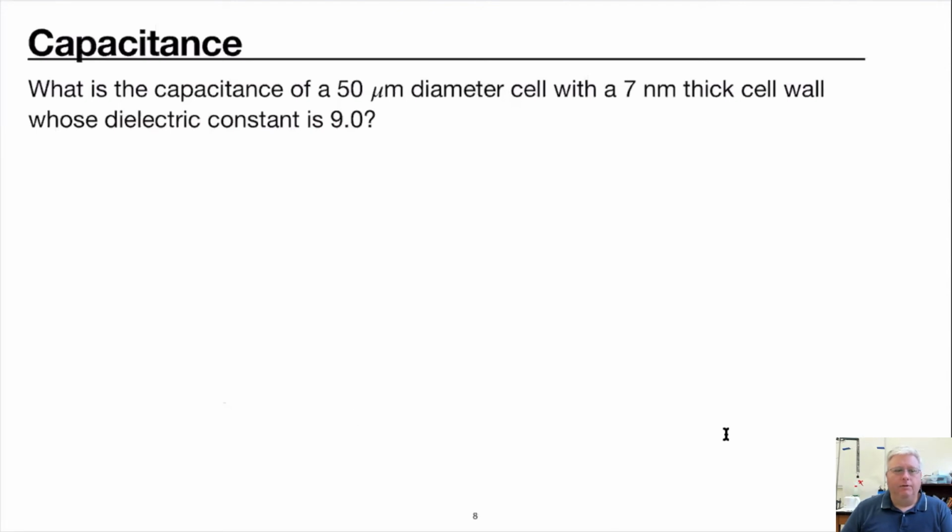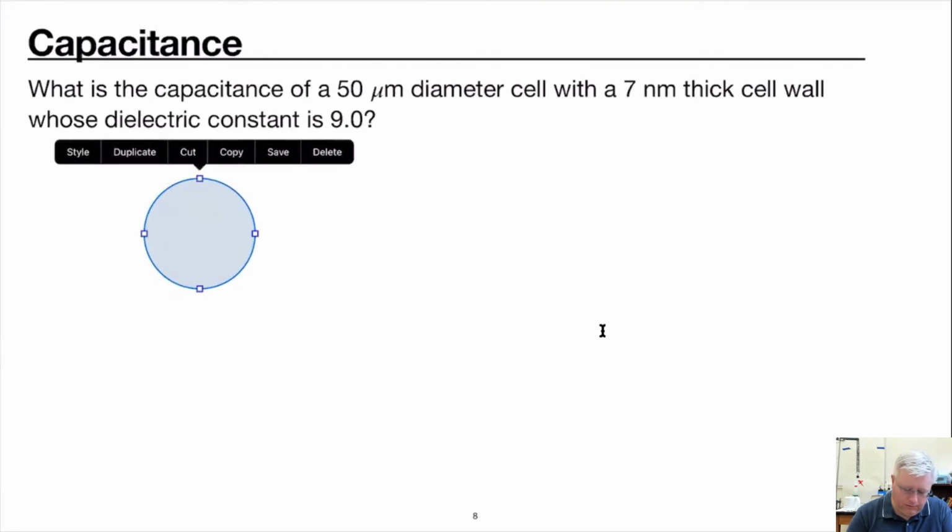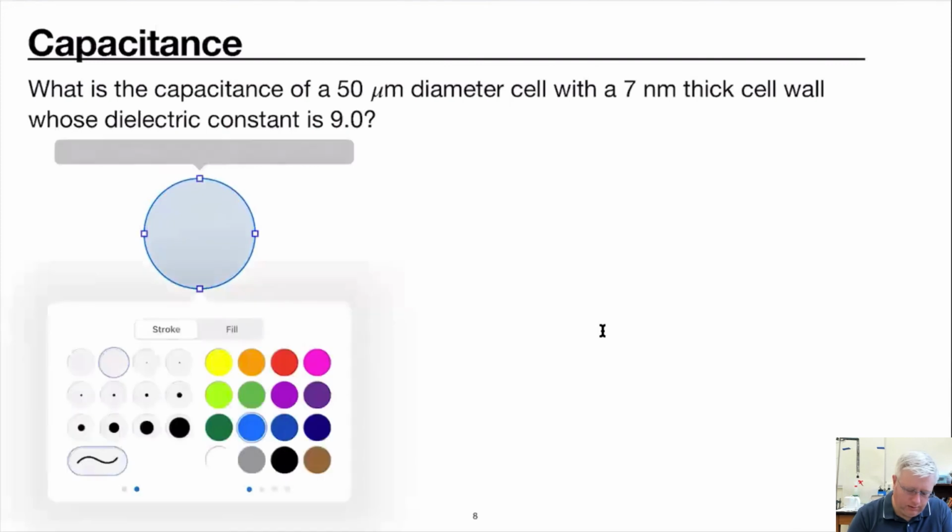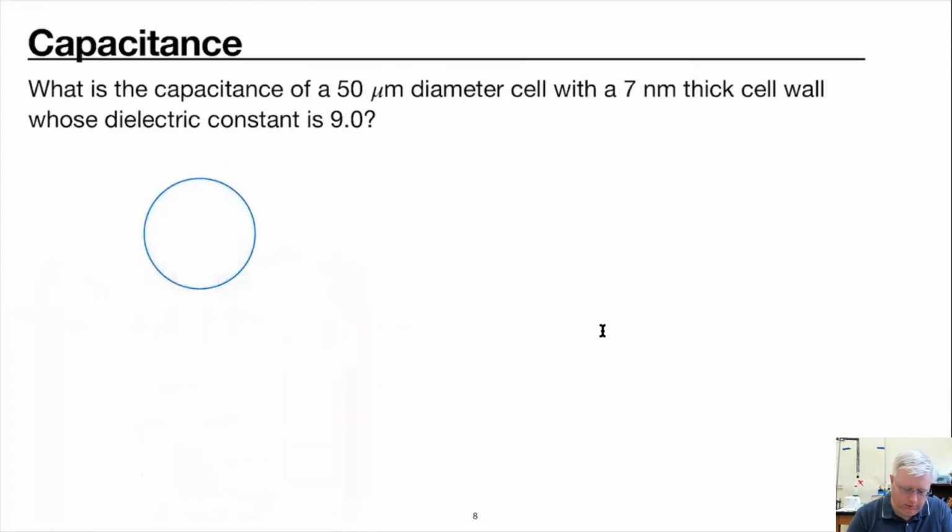Cells, we know, come in many different shapes and sizes, but for our purposes in this course, we're just going to model cells as spheres, and many cells are mostly spherical in nature. So we can apply this model. Let's say we have a spherical cell, and it has a diameter of 50 micrometers, or a radius of 25 micrometers,